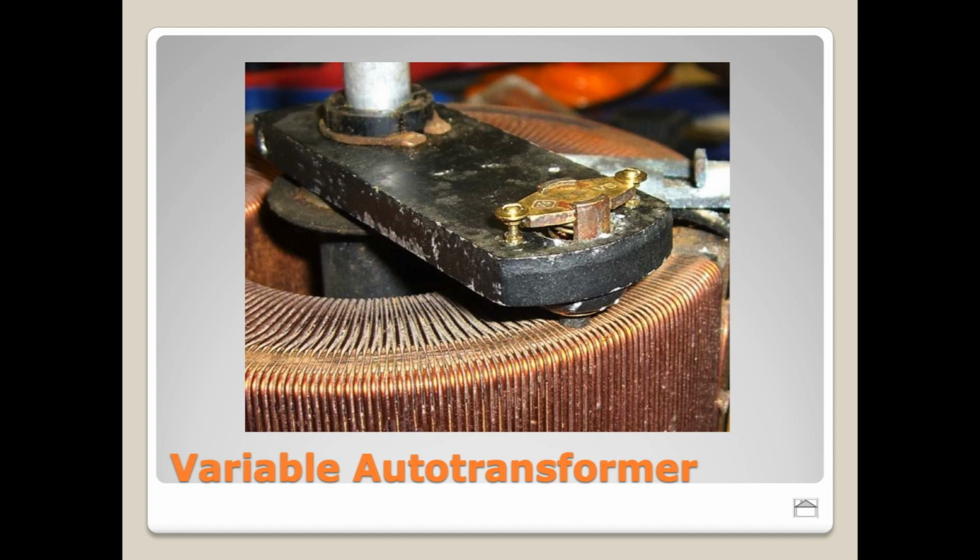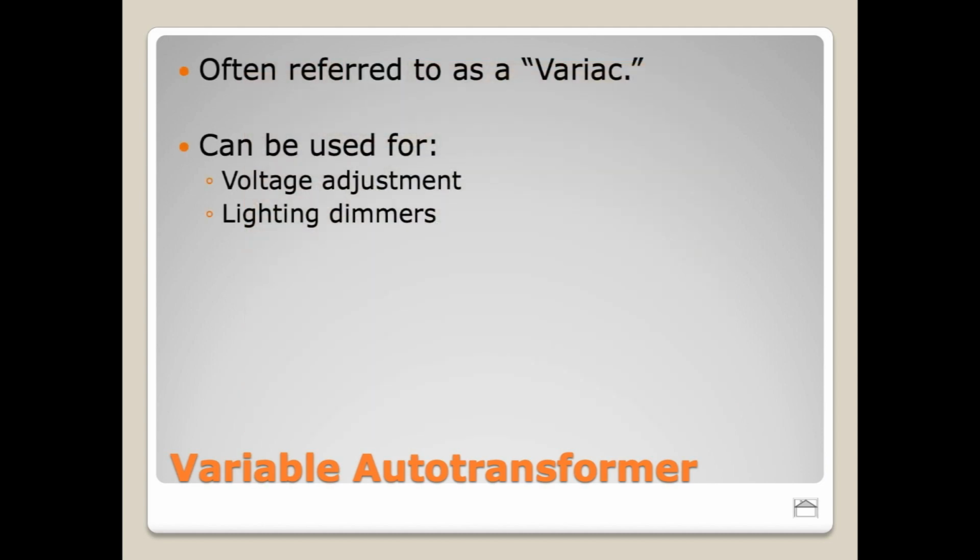But this is why we would use a variac to control our lights. There's also another reason that we would use a variac. We can also adjust the voltage for a variety of other reasons. This actually is a piece of test equipment. So we would normally have one of these on our bench